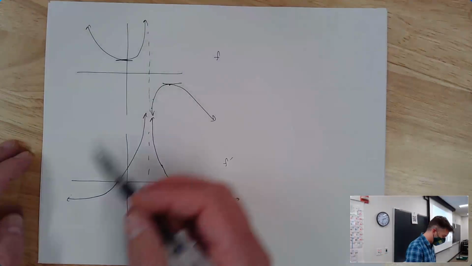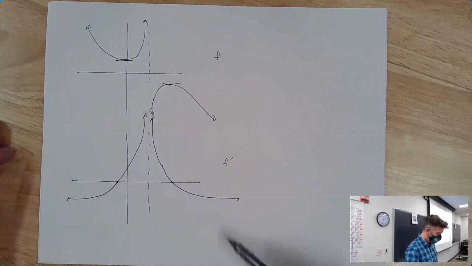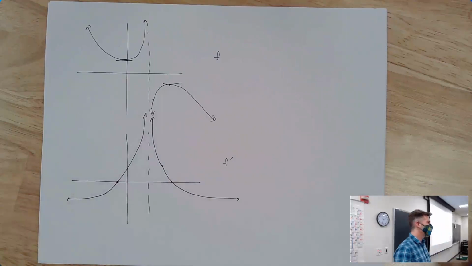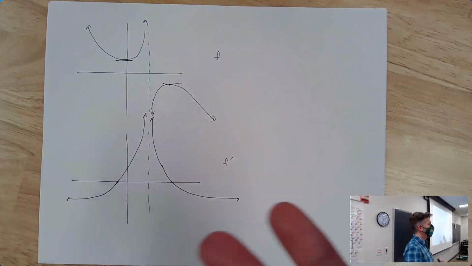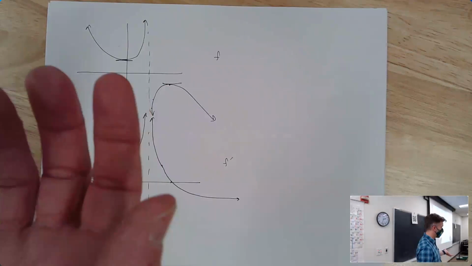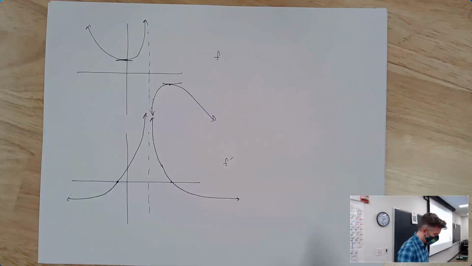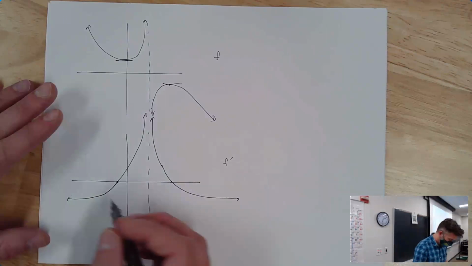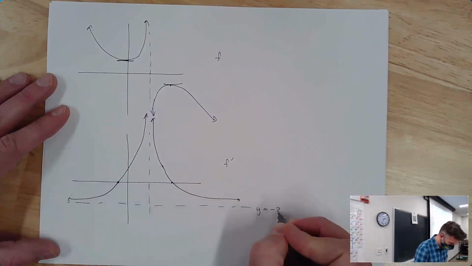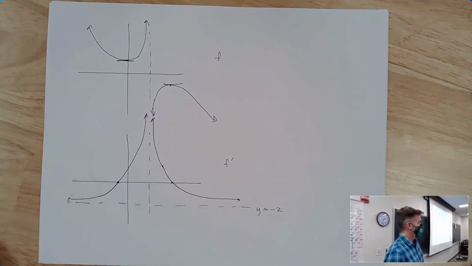So this was the derivative we were given. We might be able to reconstitute something like this. So the thing is, typically if your graph has a vertical asymptote, the derivative also has a vertical asymptote there, and vice versa. Now you might notice I've drawn this one so it looks like it has a horizontal asymptote, like the derivative does, and it kind of does. I'm drawing this like we've got maybe something like y equal to -2, which means that the original function,